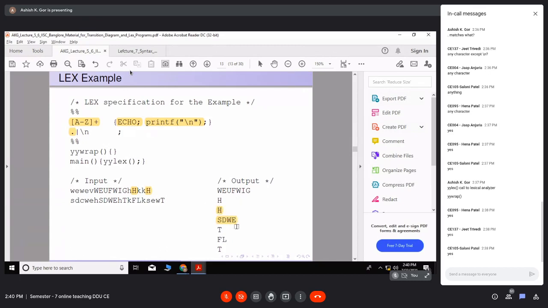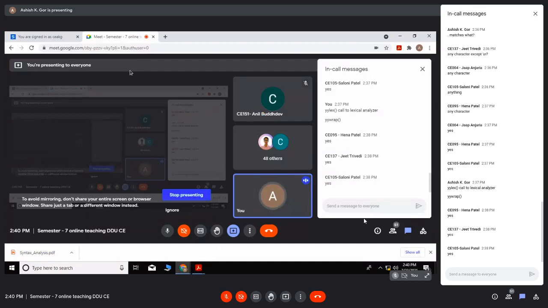Again it will go to the new line. So whichever letters are capital, like this and this SDWE, and then this T, then FL, and then last T, every capital sequence of words will come to the next line, and that will be printed.